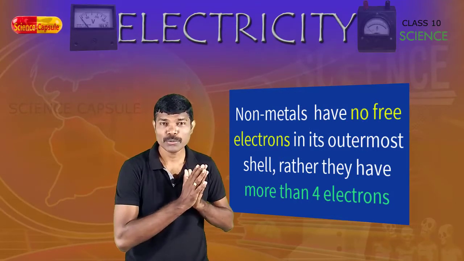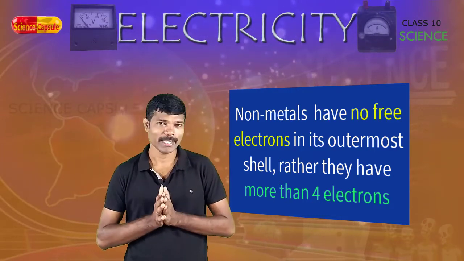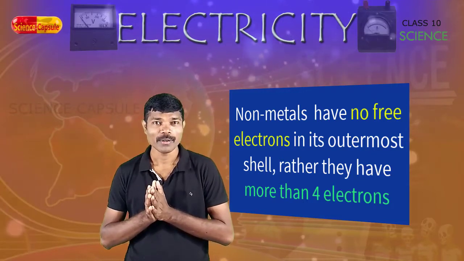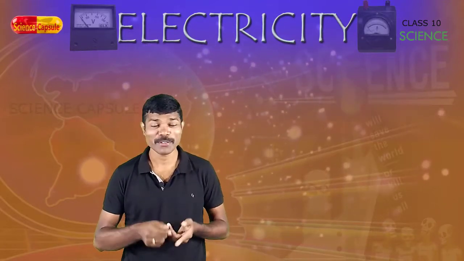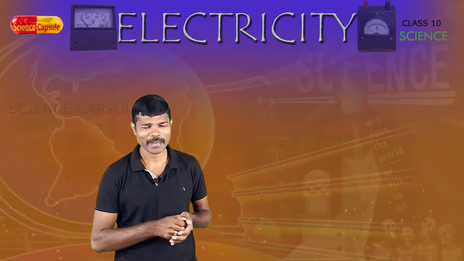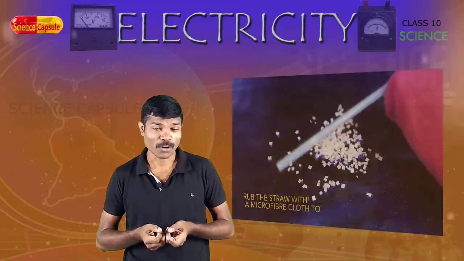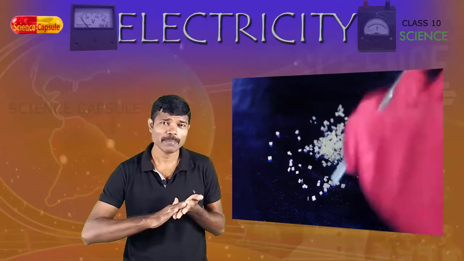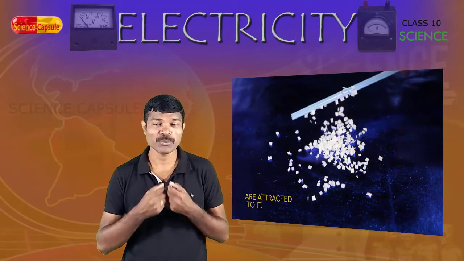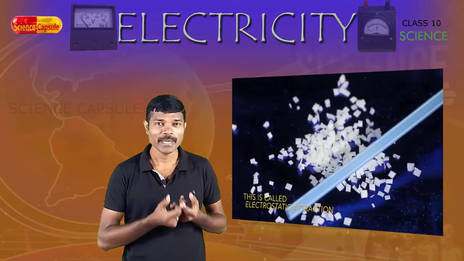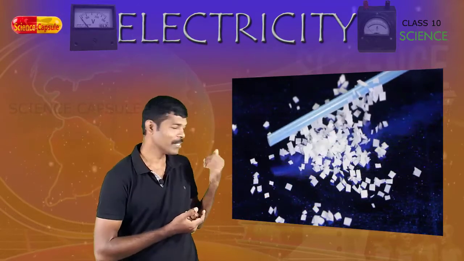However, they also produce electricity. That electricity is called static electricity. Now let us take an example. If you rub a comb on your dry hair or woolen cloth, this you might have done in the lower classes, right? When you rub the comb on your dry hair and keep it near bits of paper, the bits of paper get attracted towards the comb, right? Here what happens on rubbing the plastic or the insulators is that the electrons protrude outwards, thereby making one of the materials positively charged and the other negatively charged, as you can see on the screen.